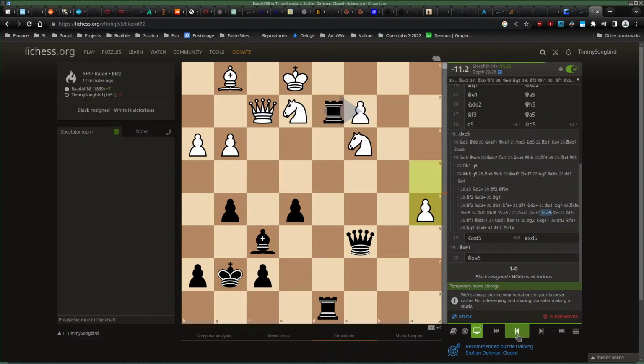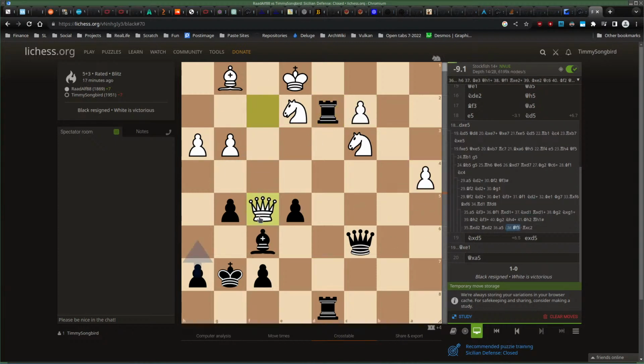Oh, that's the reason. Maybe. I threatened to take this pawn, therefore the queen is played and it defends that pawn. Okay, I don't want to lose the pawn. Now black is doing this. Okay, now it's a good move. Going to promote. Black gives away a pawn.